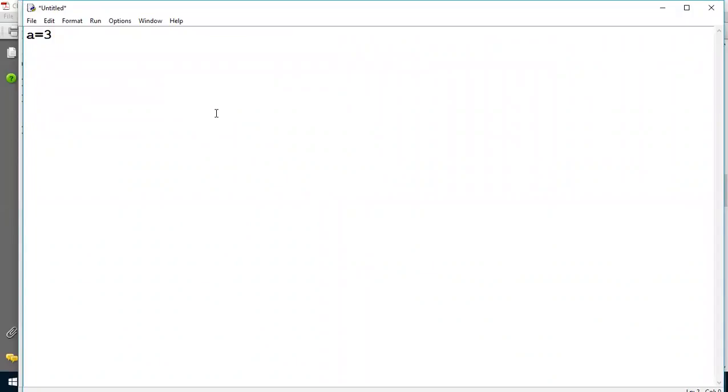Then see our cursor goes here at the beginning of the second line. Again you have to see a equals to 3. I have written a equals to 3. That means the value of a is 3. Then press enter key. Once I press enter key, our cursor moves to the initial position of the second line.